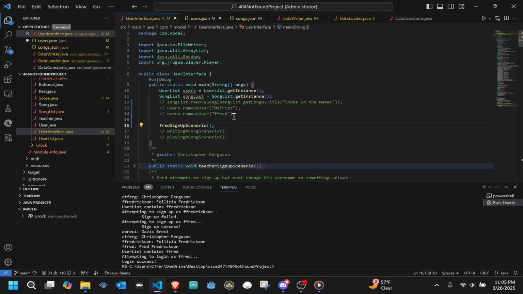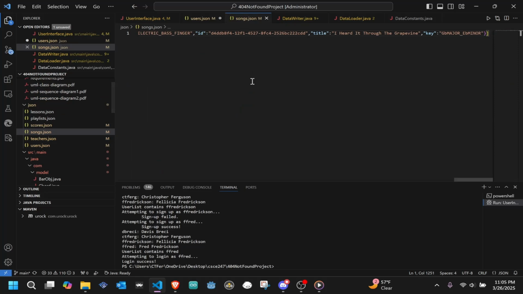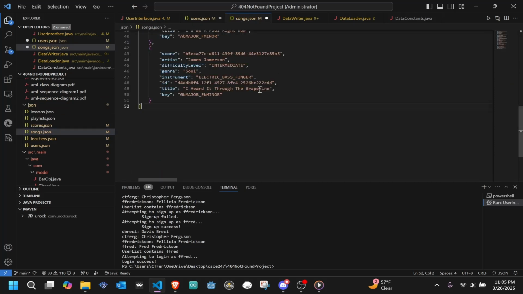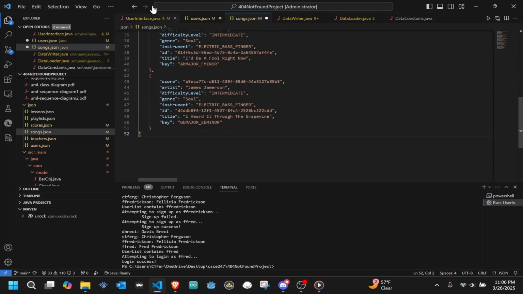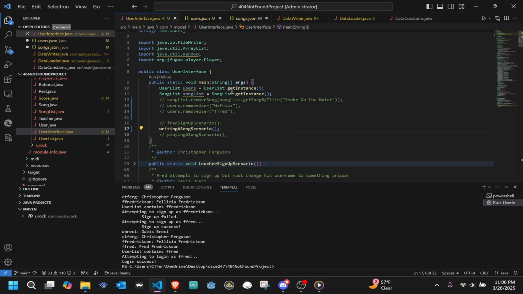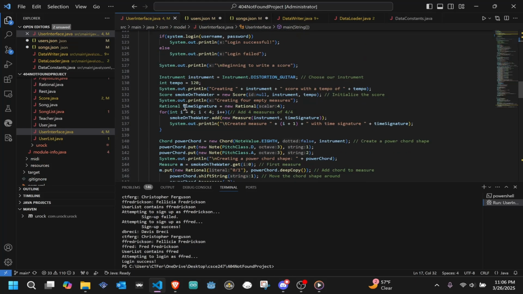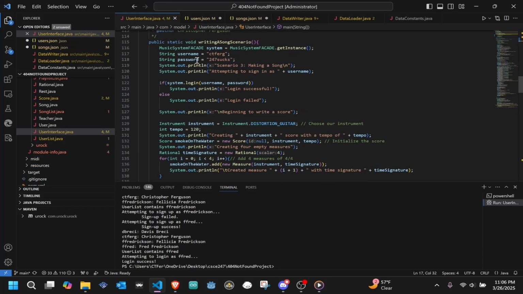Yep. So next up is the writing a song scenario. If I go to our songs JSON file, we'll see that there are many songs here, but there isn't a song by me. So I want to change that. I'm going to go through and write a song. So just to describe what this method does, it logs in,